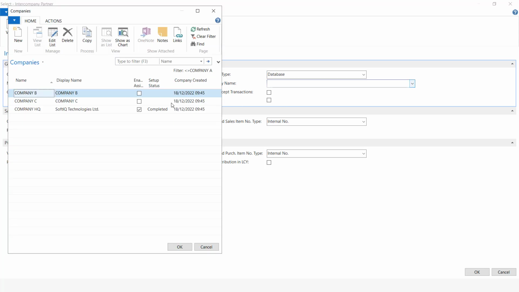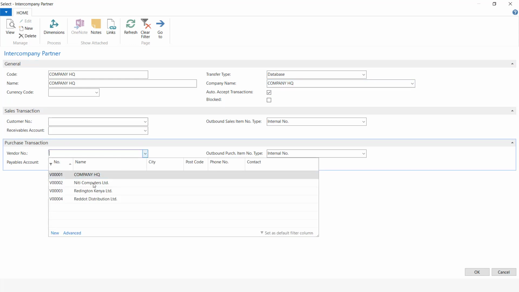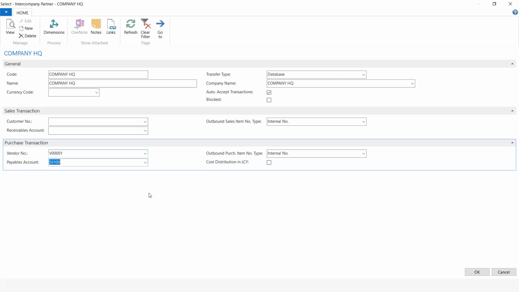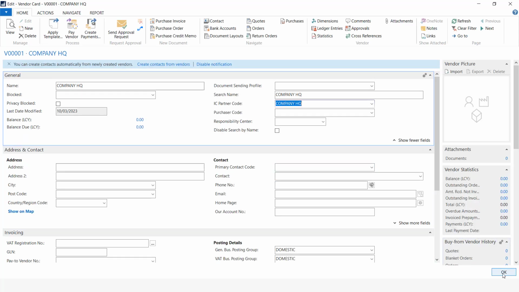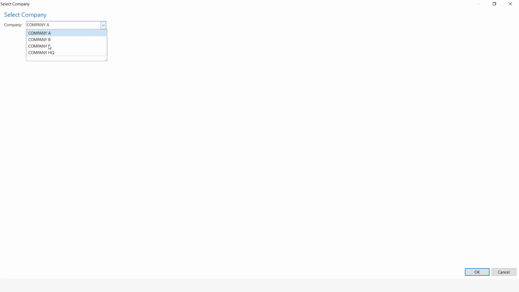So we choose here, this is connected to the company HQ. We accept the auto accept transactions, and here we choose the company HQ as a vendor, which also has a payables account. Once this is set up, we can also do the same to the rest of the subsidiary companies, that is